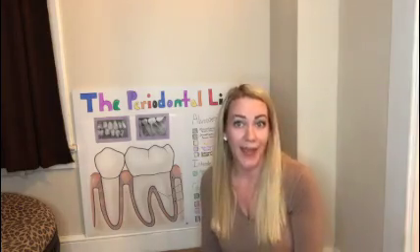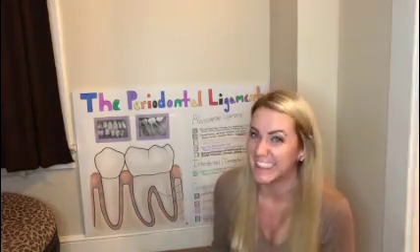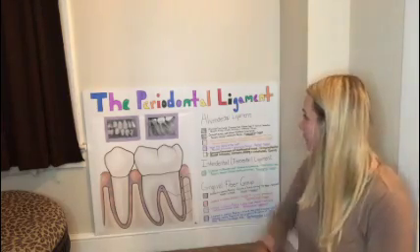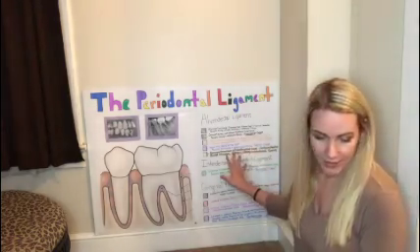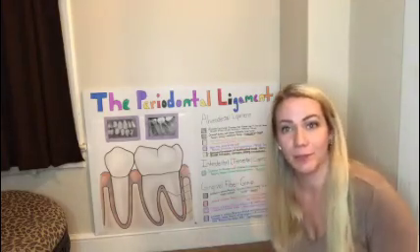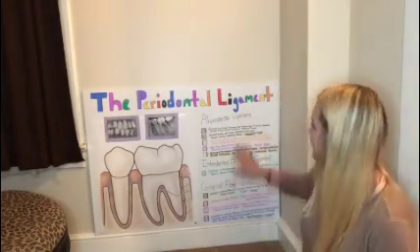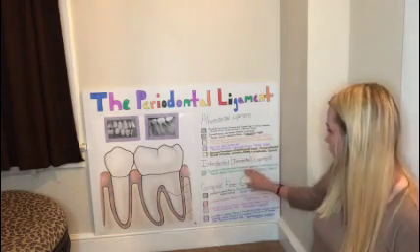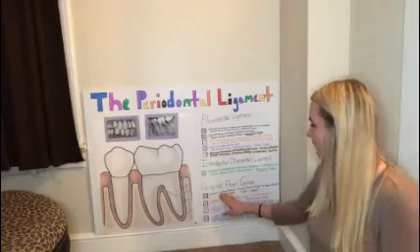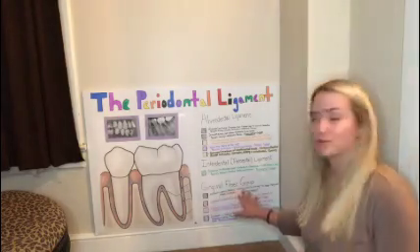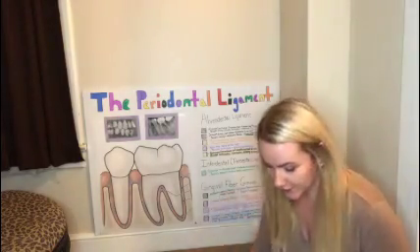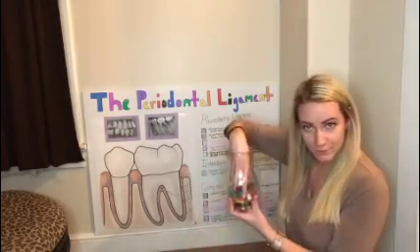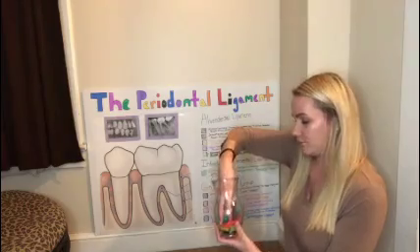Okay, so I thought a hands-on learning activity would be ideal for this. For this hands-on activity, I have this chart here, and the fibers are broken down into three principal groups. The first group we have is the alveodental ligament, which has five subgroups, and then we have the interdental transseptal ligament, and then we have the hot topic of the gingival fiber group. For this activity, I thought what we would do is you would reach in a little jar, and then you would pick out